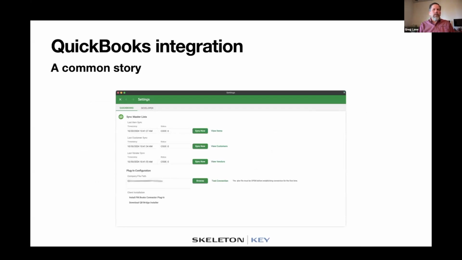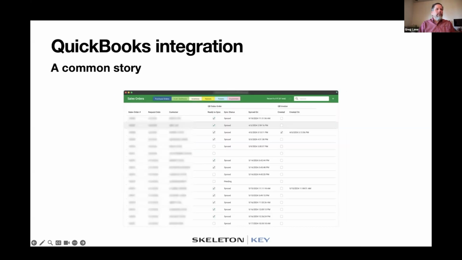So I wanted to show a few examples of what we did. Usually it's pretty boring, the QuickBooks integration, because it just happens automatically in the background. But there are a few interface elements that are part of most of these kinds of systems, especially when you're working with QuickBooks Desktop. So there's often a setup screen or something like this that's built into the FileMaker system that specifies how to connect to the system. If it's QuickBooks Desktop, there's usually a file path to that QuickBooks system. And then we may have buttons for allowing kind of big overall syncs of customers or items or things like that, and timestamps that show when that was last done. Every system's a little bit different, but